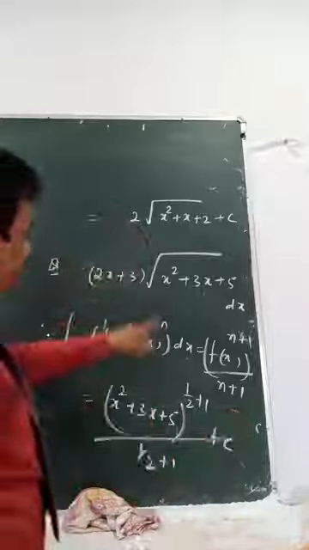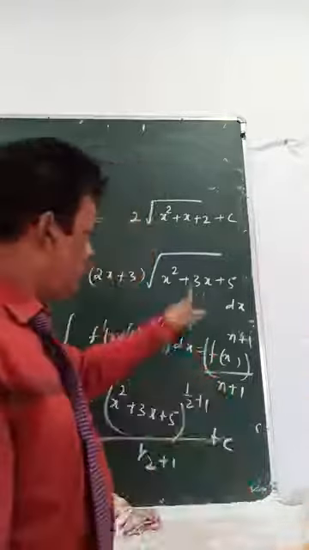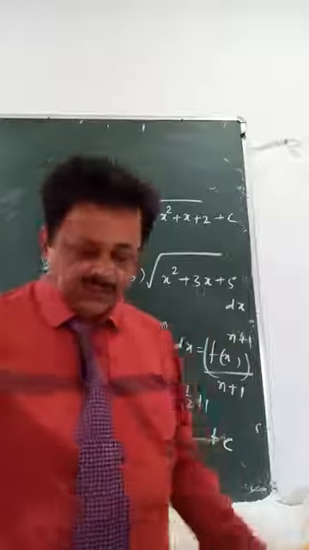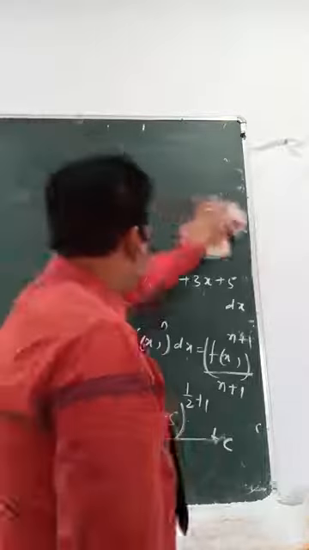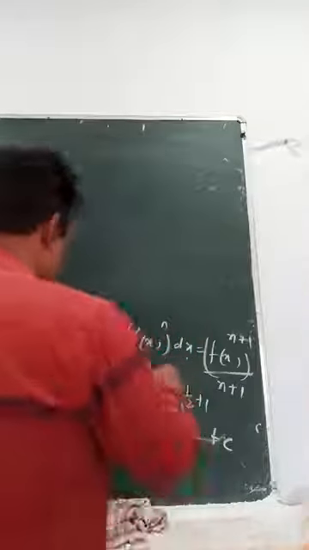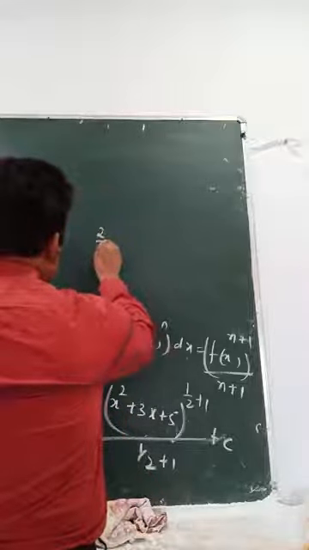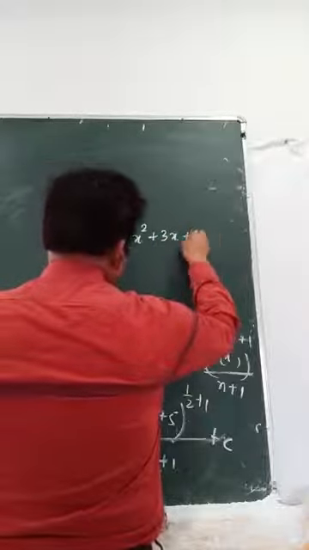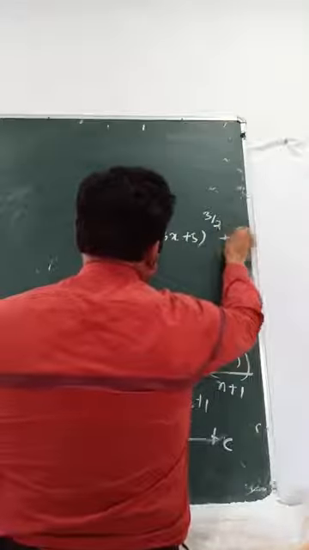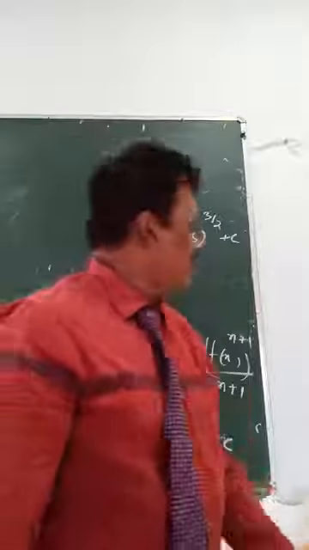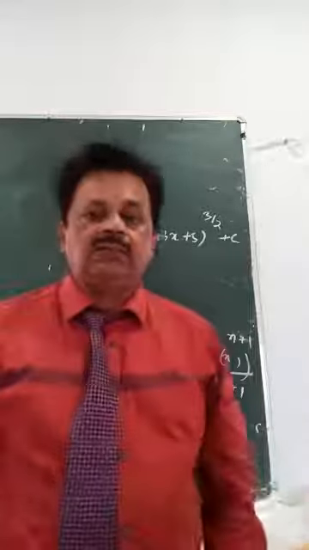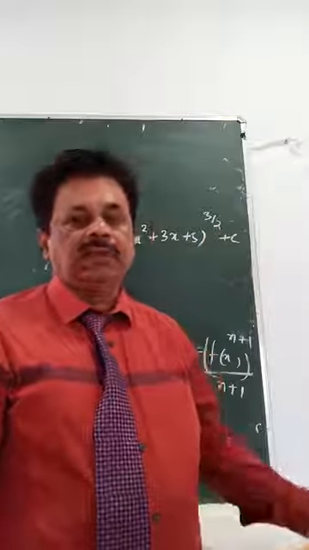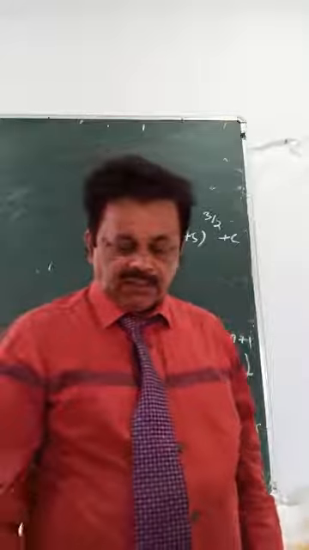Now see how many steps you have reduced here. Almost 4 steps you have reduced. So for higher integration we will be following this technique. So this is simplified. How much you will get now? It comes to 2 by 3, then x square plus 3x plus 5 power 3 by 2. The beginning I told you. So in the next article, when you will be solving the questions, we will have all the questions based on this formula. So we will be practicing more and more, so it will be a habitual thing for us.